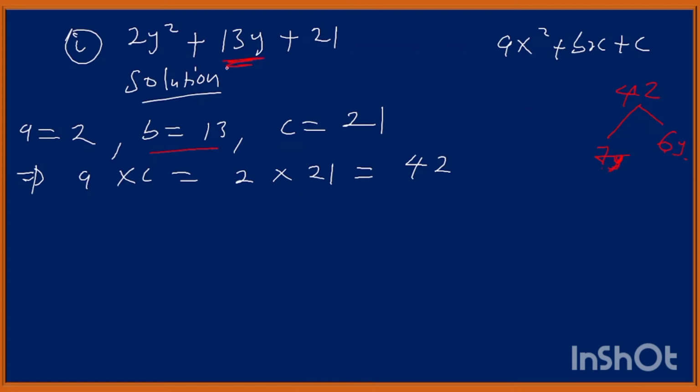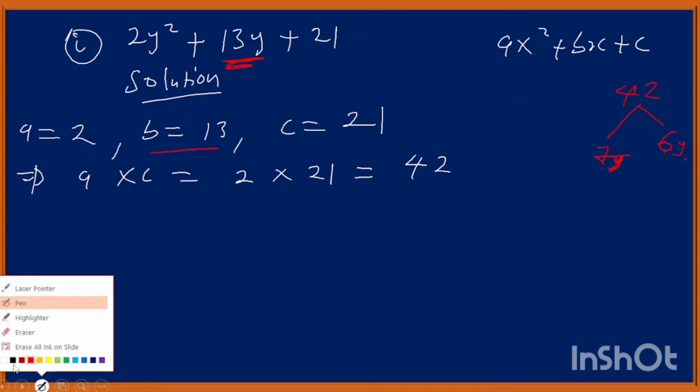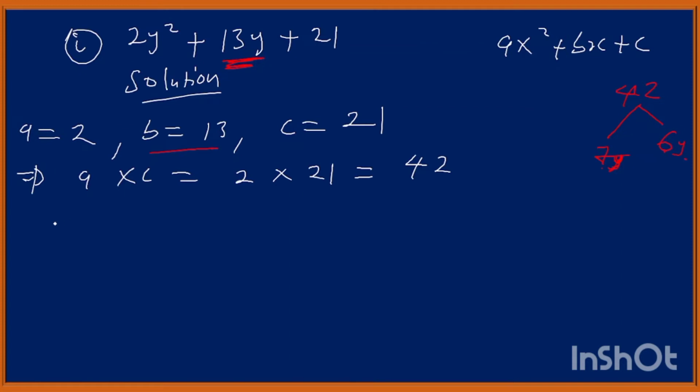In place of 13y, we substitute 6y plus 7y. So we're going to have 2y squared plus 6y plus 7y plus